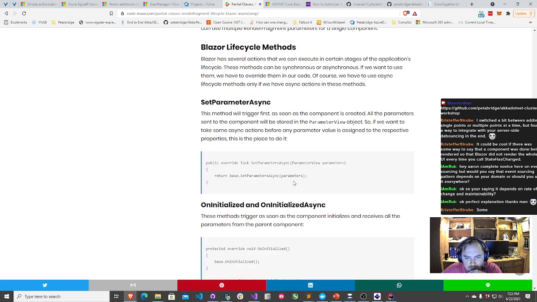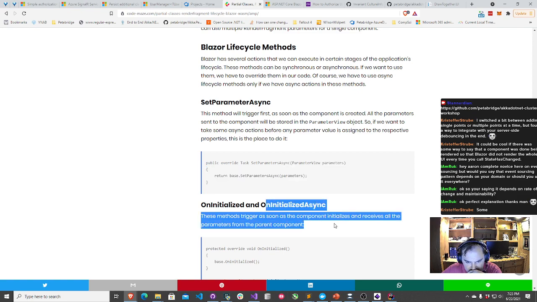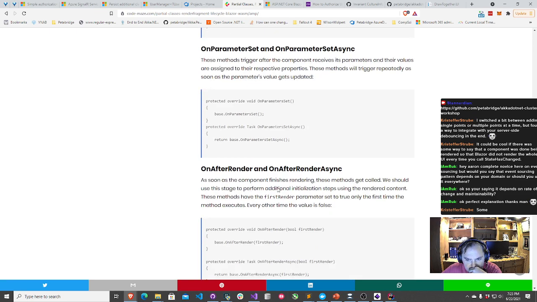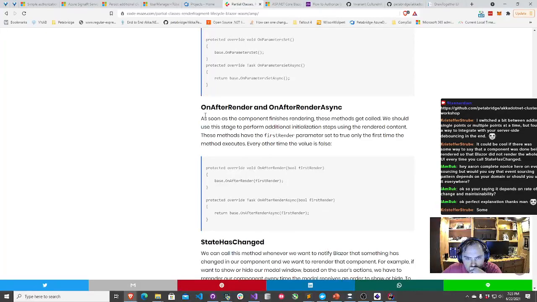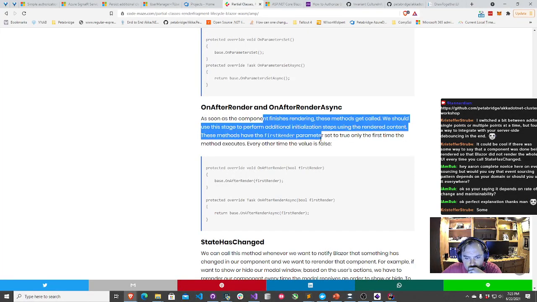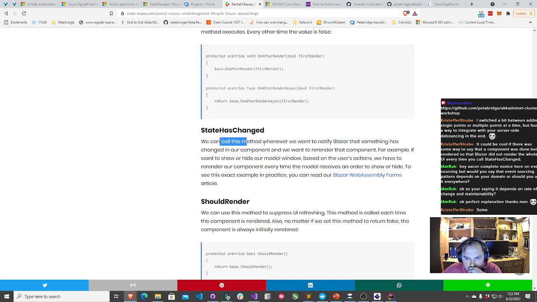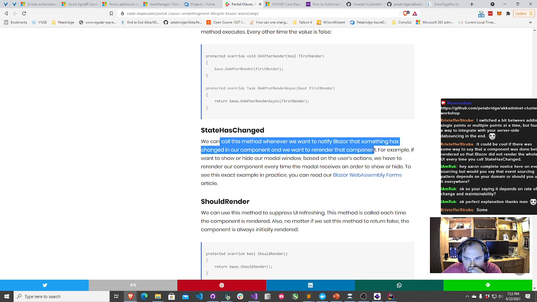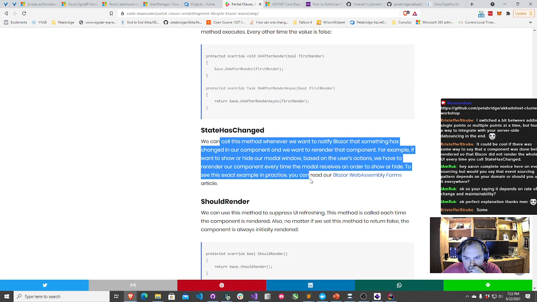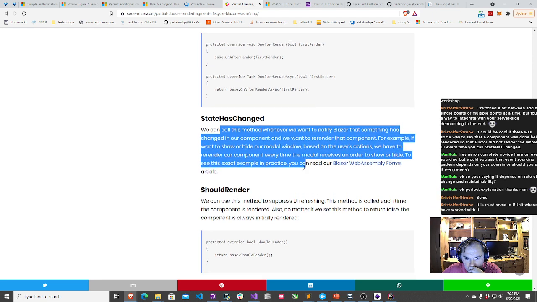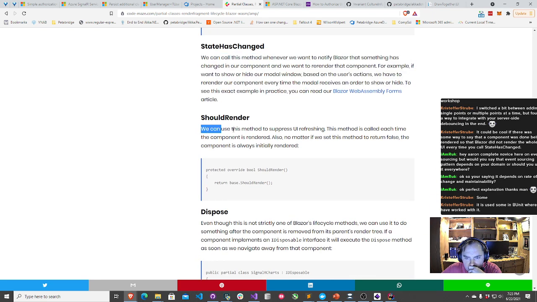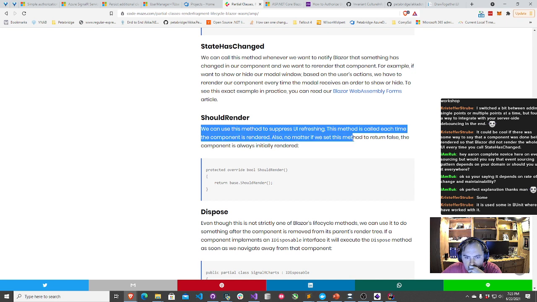So if I call SetParametersAsync, OnInitialized and OnInitializedAsync, OnAfterRender. This method is called each time the component is rendered.